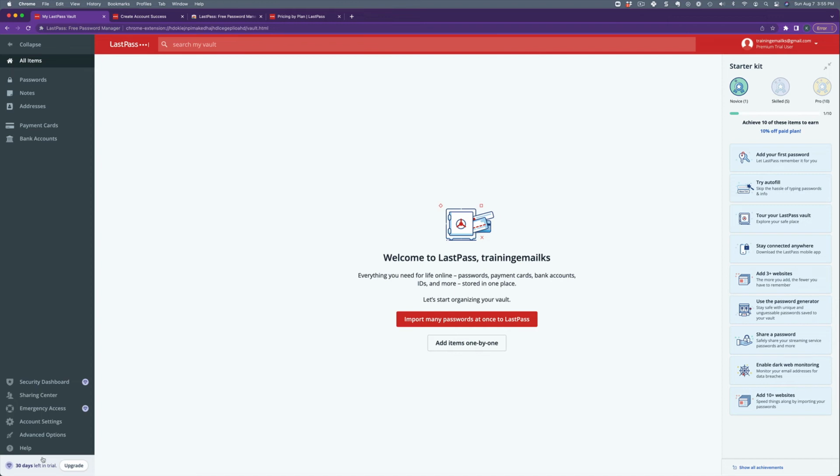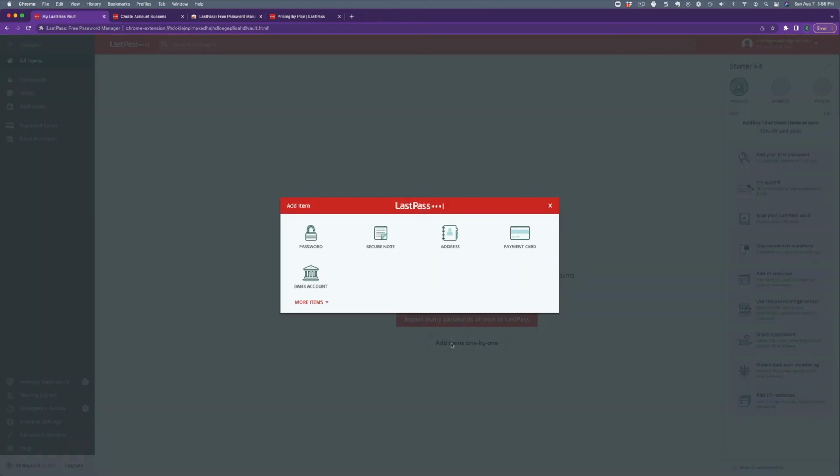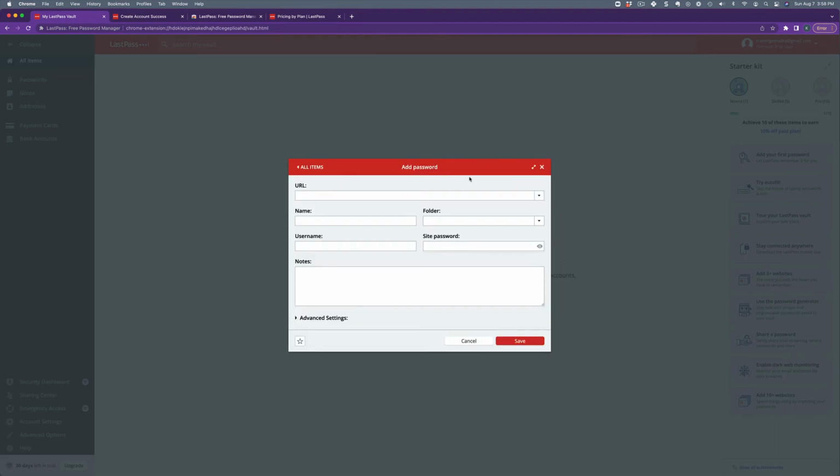Let's go ahead and add a password just to see how it works. Now, you can import passwords, but I'm going to just go ahead and add them one at a time, and we're just going to add one. And I'm going to click here on password. To add the information, I first have to put in the URL. We're going to log into Wave Video. Now I can put a name here specifically for Wave,